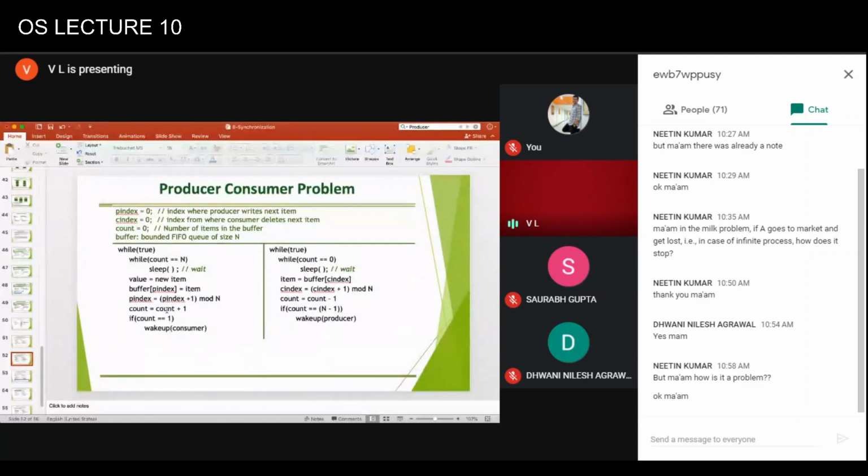Then the producer gets a chance. It writes one item. Because it has written the first item, it wakes up the consumer. But it is waking up something which is not yet asleep, so this signal sent by the producer is lost. And then the consumer goes to sleep, and count is now 1. So when the producer continues, it will never wake up the consumer because count is already 1. It will continue, and ultimately it will also go to sleep. So this could be a problem. Both producer and consumer go to sleep, and this is a kind of deadlock.